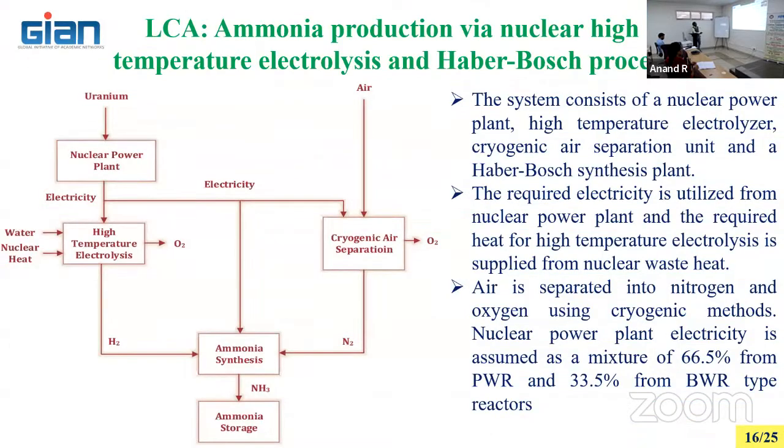Okay, so in the case of Hamburg, using nuclear energy for producing ammonia. This is one way you can design the system. You are going to use uranium. So for uranium extraction, a lot of energy is involved, a lot of emissions are involved, a lot of people are involved. Then you are going to take the uranium into the nuclear power plant. You are going to produce the electricity. There are so many inputs coming, so many outputs also available. Not only producing electricity, you are also producing toxic emissions, and the nuclear waste is going to be very hazardous. Better not to take it into the analysis.